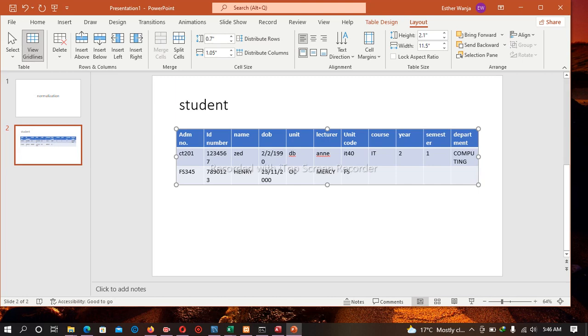Unit code is FS, is FD for department 23. Then the course they're taking, of course, food science. They're in year 2, semester 1. And the department is food science. You can just write food. So, and then you have to